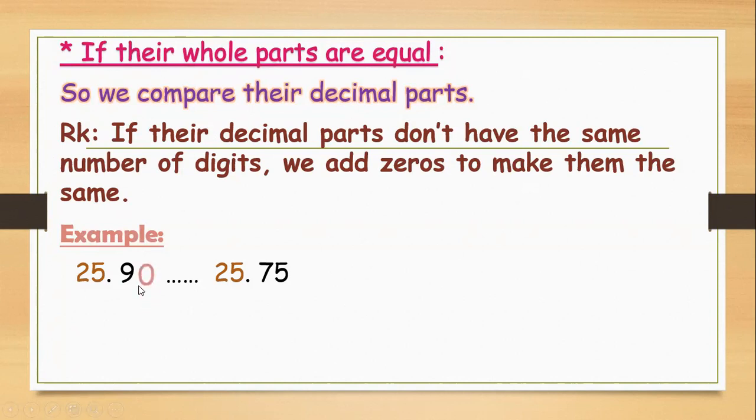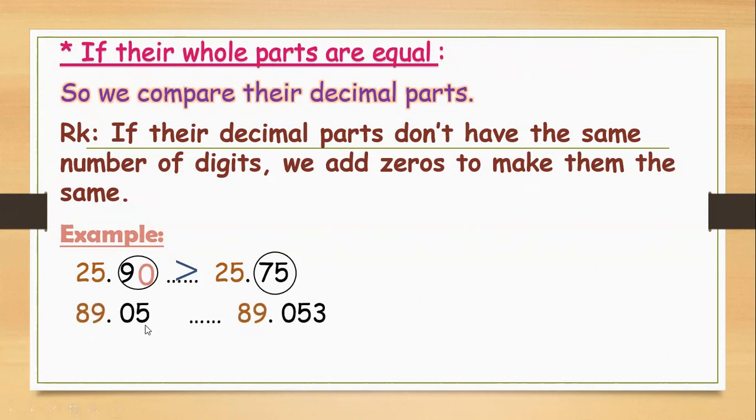We add 0 to the first one to make them the same. Now they have two digits in their decimal parts. So now we compare them. We have 90 and 75, and we know that 90 is greater than 75, so the first number is greater. Another example,